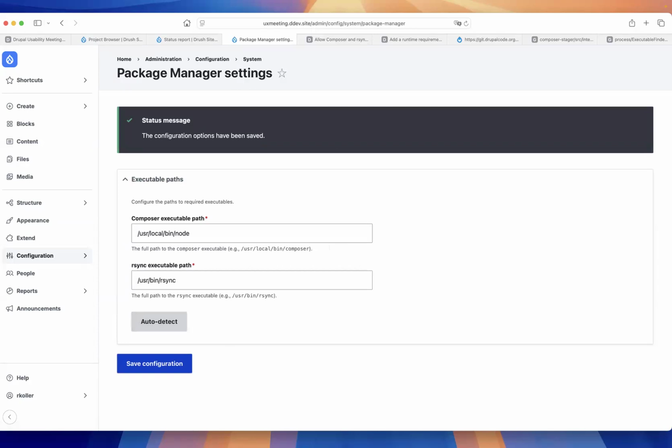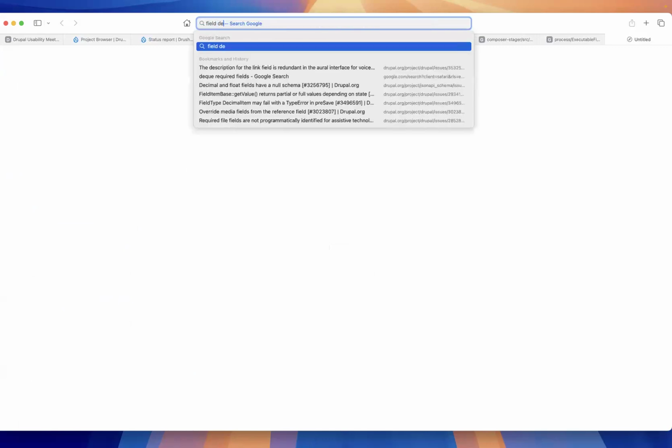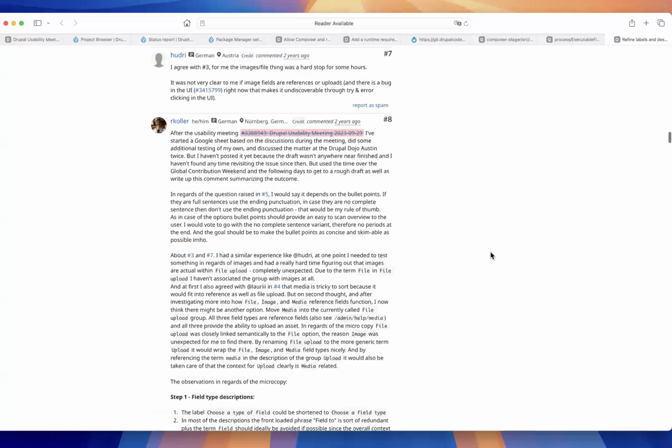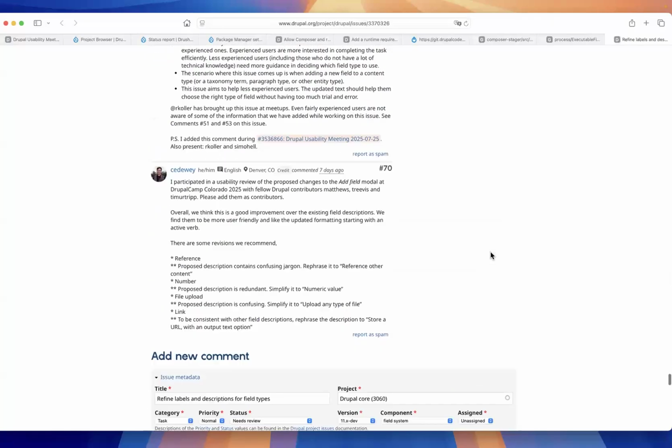So we still have 15 minutes. Shall we look at those suggestions? Do you have the issue open? We are looking at issue number 3370326, refined field descriptions, and at Drupal Camp Colorado at the sprint,